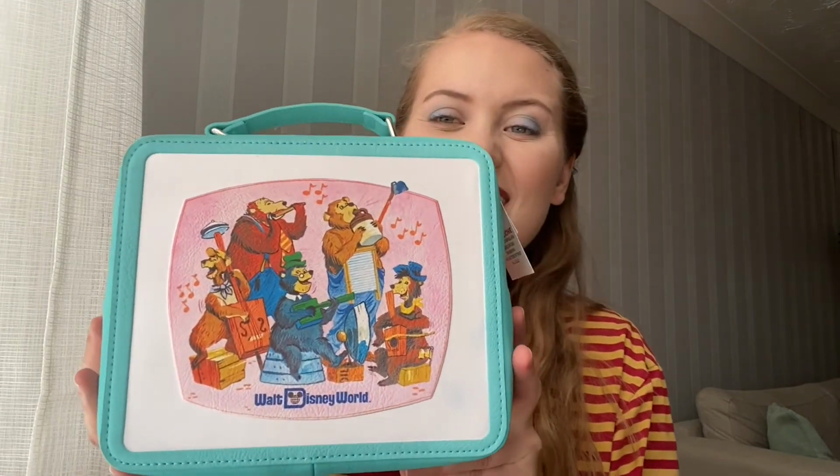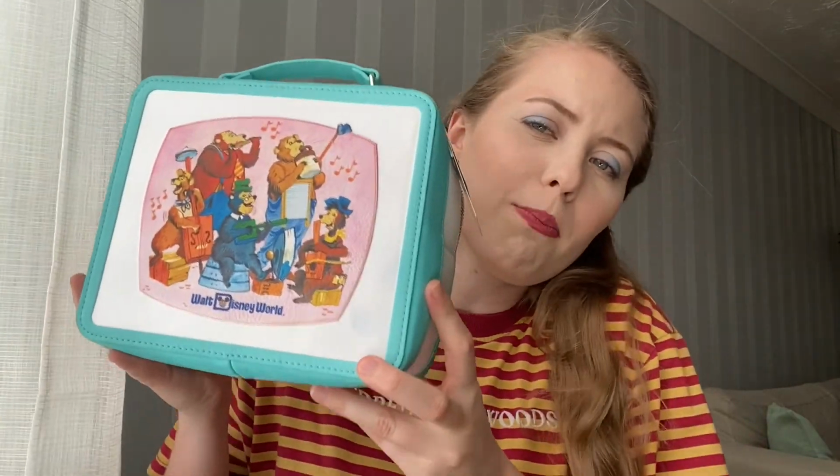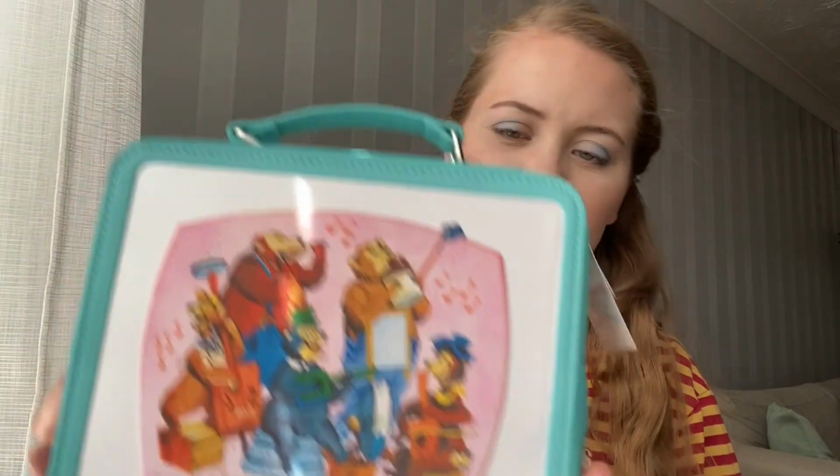But anyway, look at them. Look at them. They are missing the little one. He's like burp burp with his little cuddly teddy bear. But this is fantastic. Now, the pins and the t-shirt and the tea towels were all sort of $30 or under. This bag is $70, so it is slightly more expensive, but